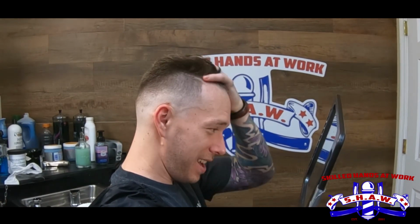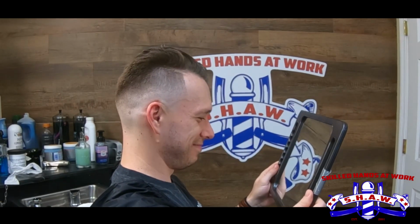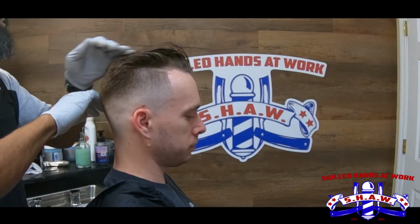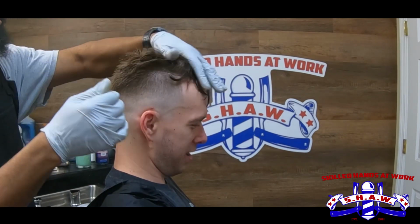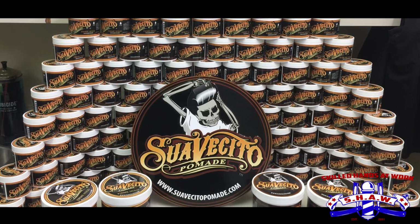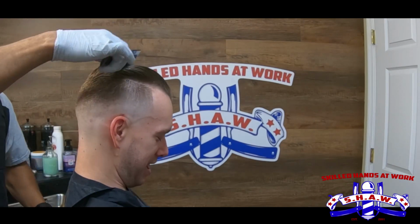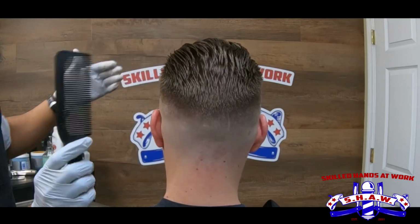We did do razor work on this cut, but I didn't put it in. I didn't record it as well as I wanted to, so I just left it out. But I do razor work on every haircut. And now we're just putting the product in, getting it mixed all throughout the hair. The product I use is a product called Suavecito. And we're combing it through, getting ready to put a little bit of lift in when we add the blow